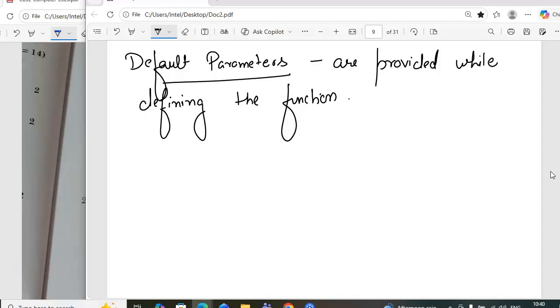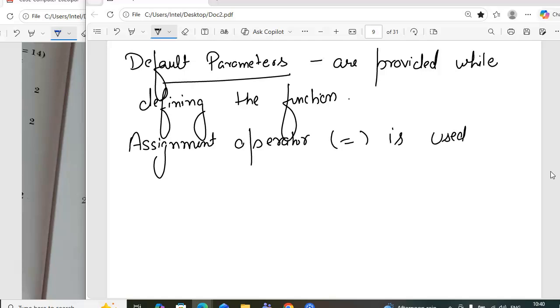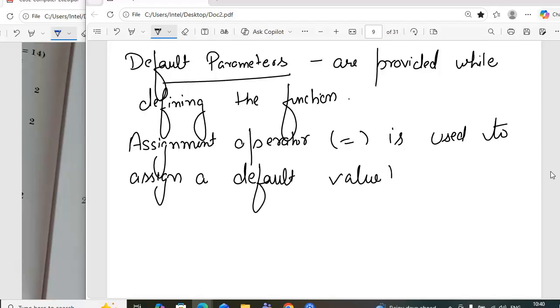So the assignment operator is actually used to assign the values to the default parameter. That is, equal is used to assign a default value to the parameter. Okay, that is for default.